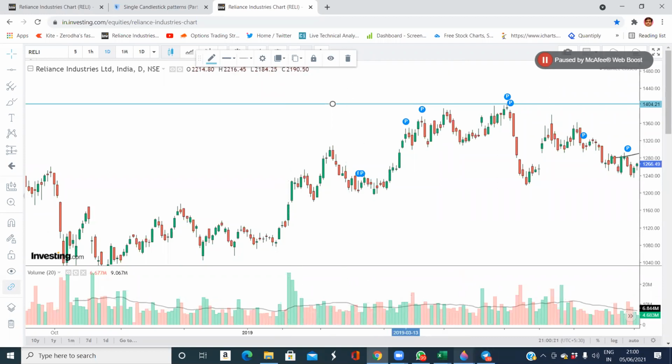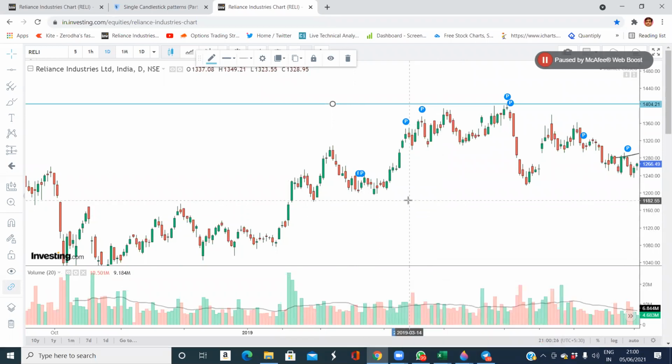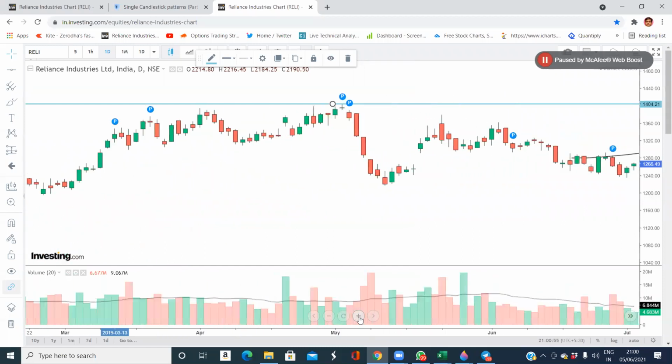Sir, I'm just trying to jump the gun, I'm sorry, but I can't hold myself. Sir, there's something called backtesting. As you know, backtesting is something where you have enough skill to anticipate the future trend, either it will go up or down. So can we go one month back, keep a cursor on one deciding day, and anticipate what will happen the next day or next week?